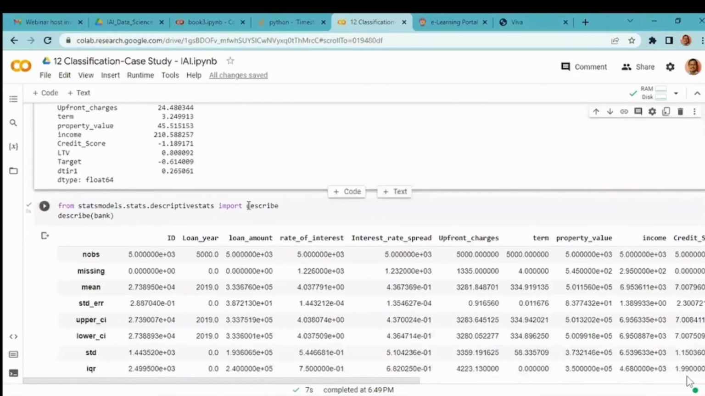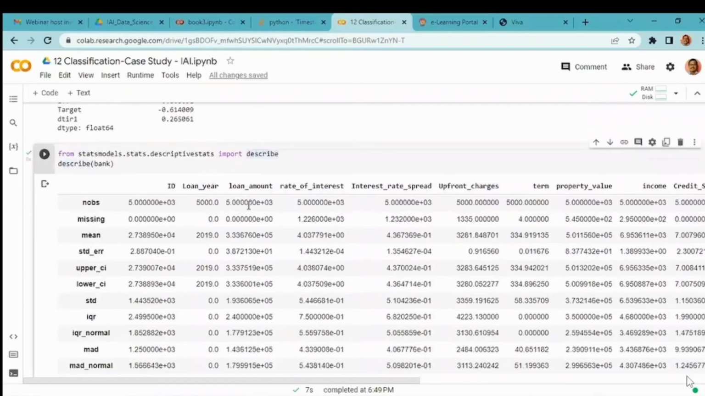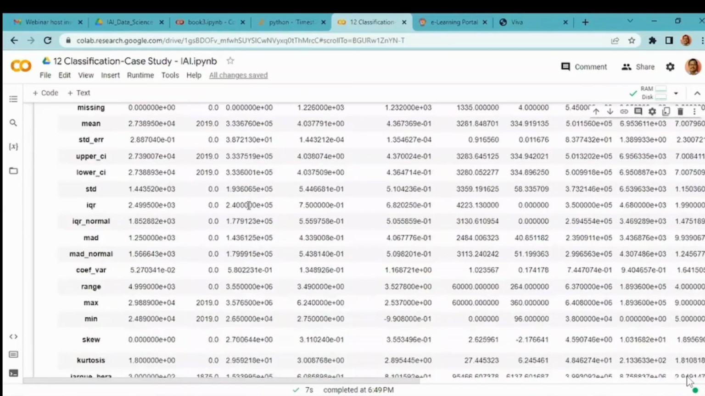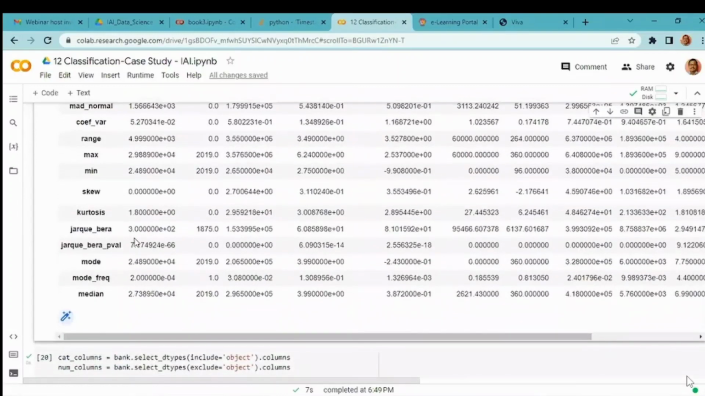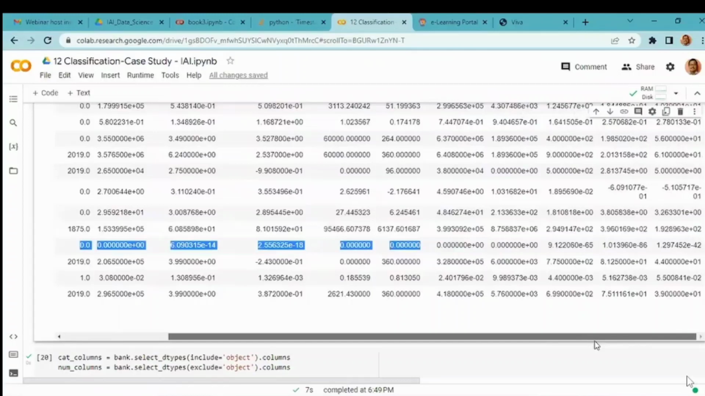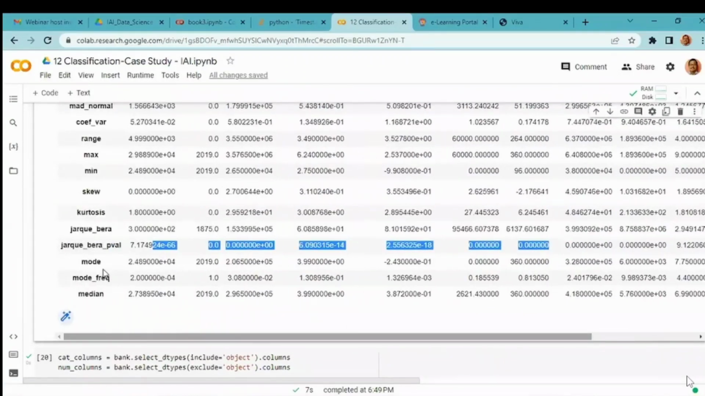Okay, this is the detailed descriptive statistics. They are talking about the normality of the data as well. We could see that as per the Jarque-Bera test, none of them are coming closer to normal. Strictly, if I go with the definition of normality, I'm not seeing any variable that is coming close to normal, which means